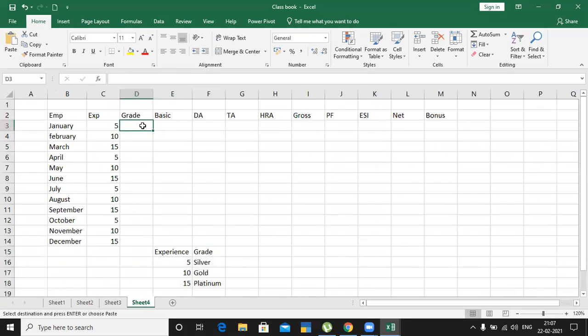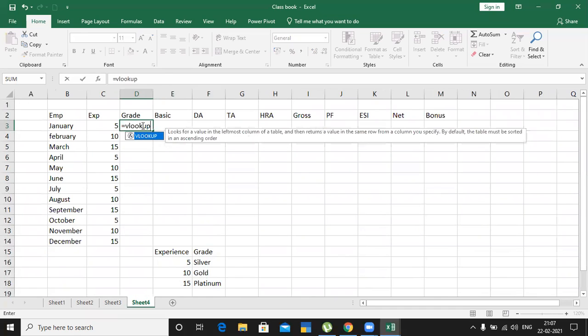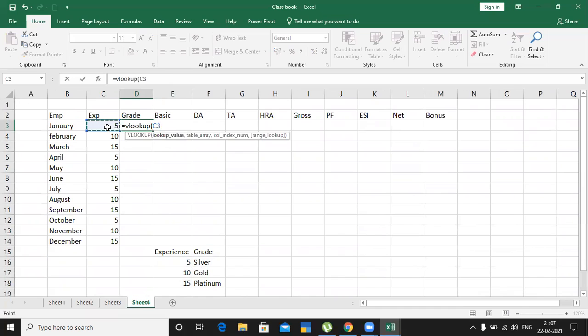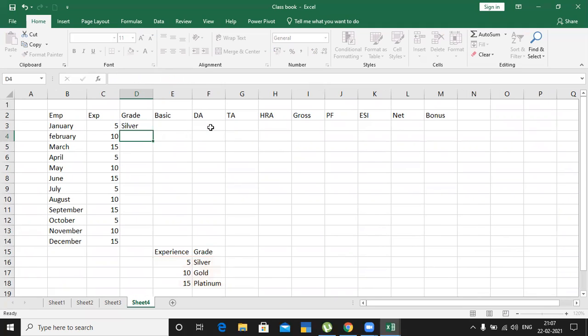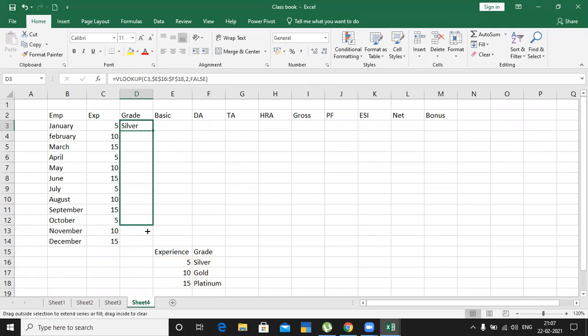So equal VLOOKUP, open bracket, lookup value, select this, unlock it, then column index number 2, false, press enter.